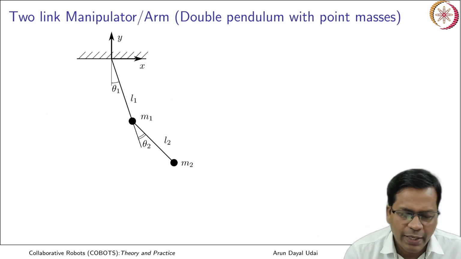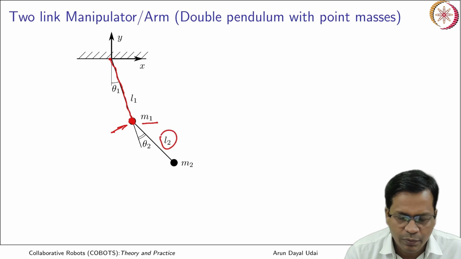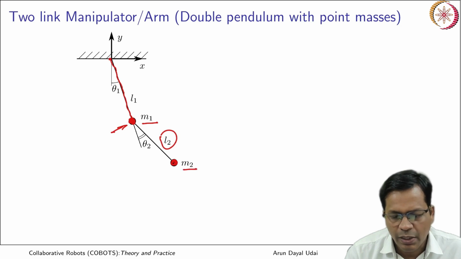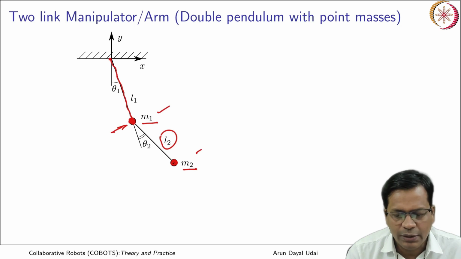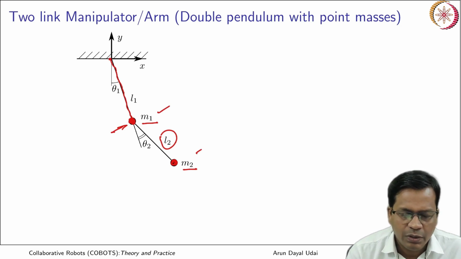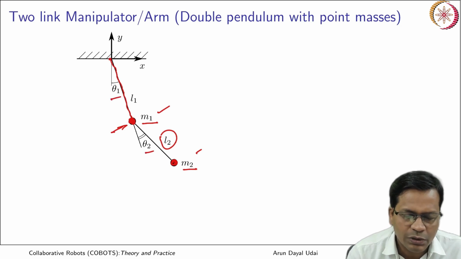It is defined here as a massless link, that is link 1 ends with the bob of mass m1 and it is attached with a joint here, and there is a second link of mass 0 that ends with the mass m2, that is a bob here, m2 concentrated mass. So both m1 and m2 are concentrated masses, whereas the links are of 0 mass. Theta 1 and theta 2 are the relative joint angles. So this is theta 1 and relative joint angle theta 2 is here.